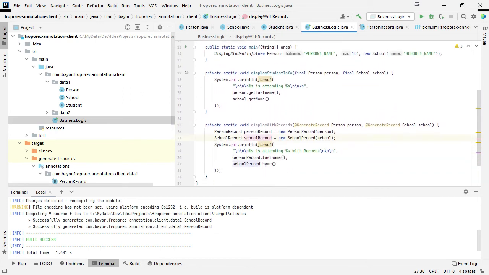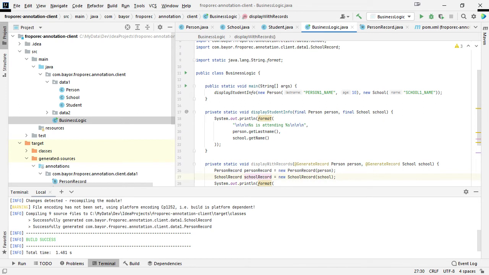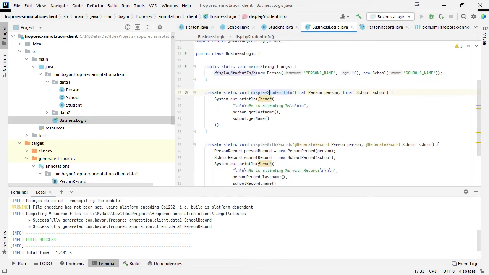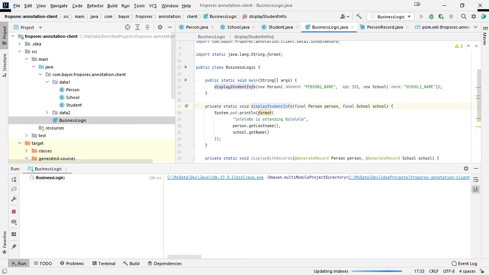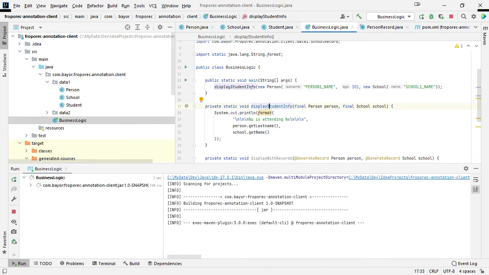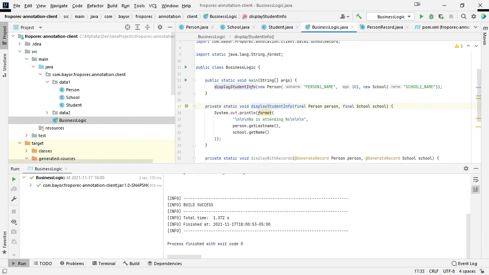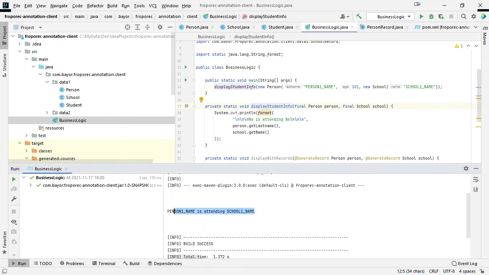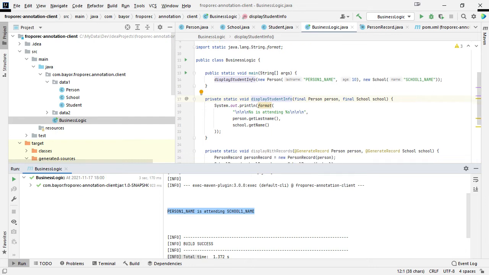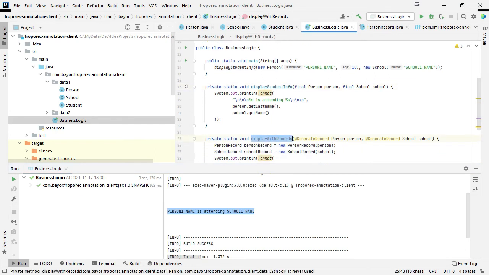All right, we're gonna test this, but just before that, let's first test the original one, the display student info right here, just to confirm both are working. So the very first case with the POJO classes works as expected, as you can see here. Now let's say we want to run this instead here. Let's see what happens.